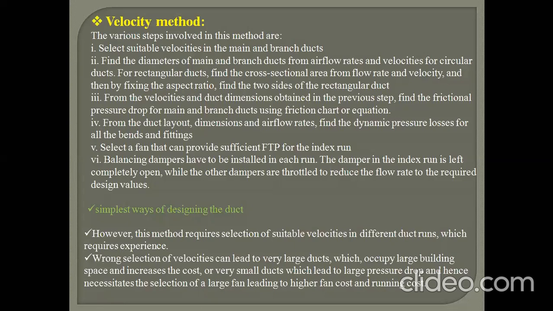So the advantage of this method is that it is the simplest method for designing the duct. But the disadvantage is that in this method you have to select a suitable velocity, which requires experience. By experience you can select a suitable velocity, but if not, then you have to do some trial and error. So that is again the disadvantage of this method, because wrong